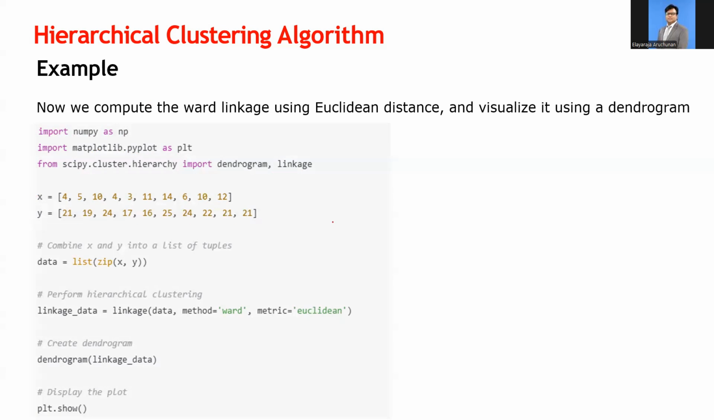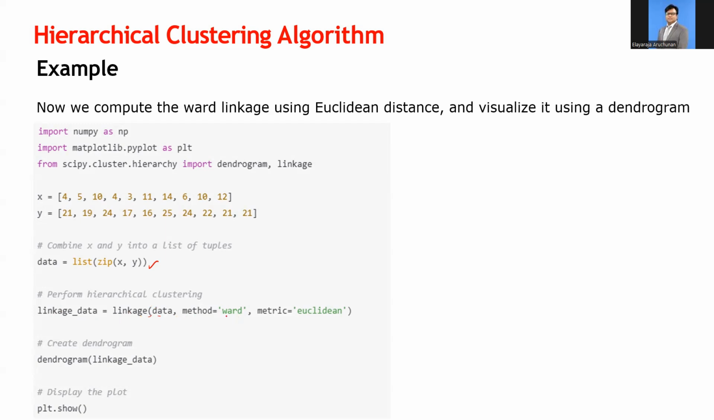As we know, we have the data, and we're going to combine X and Y into a list of tuples. So we write data equals list(zip(X, Y)). Once you write that, next you write the program for the linkage method and the Euclidean metric, to perform the hierarchical clustering. So linkage_data equals linkage(data, method equals